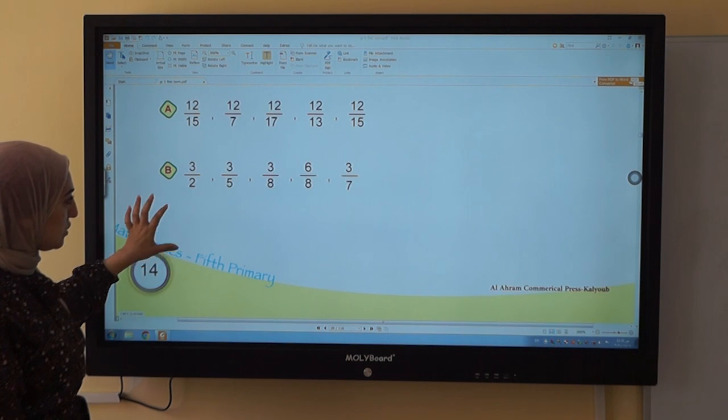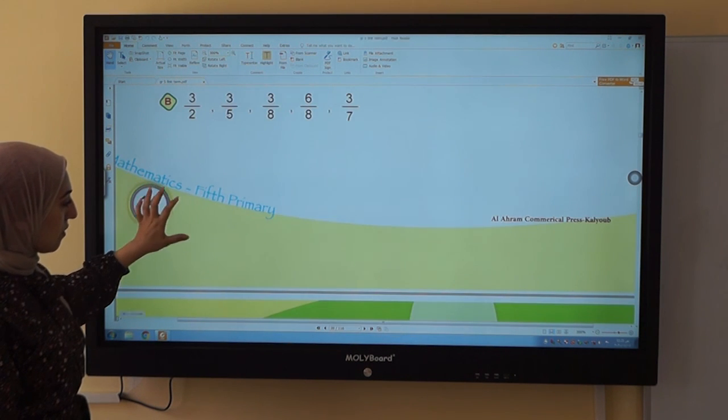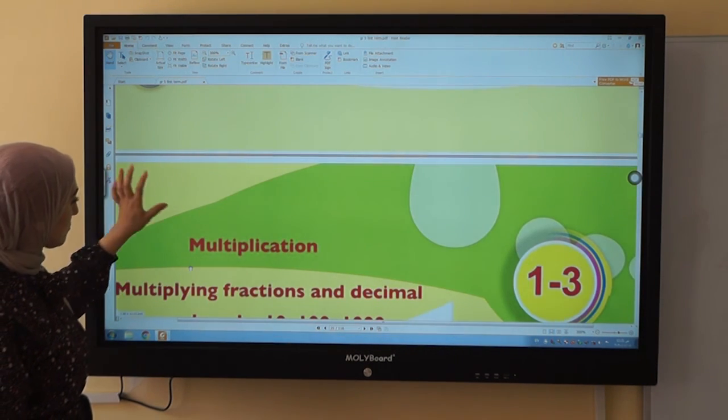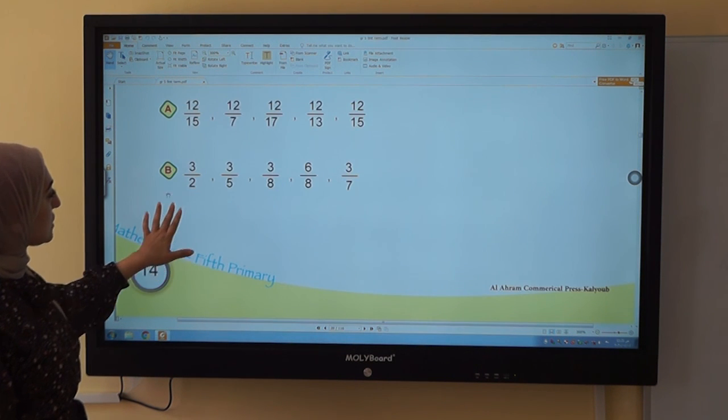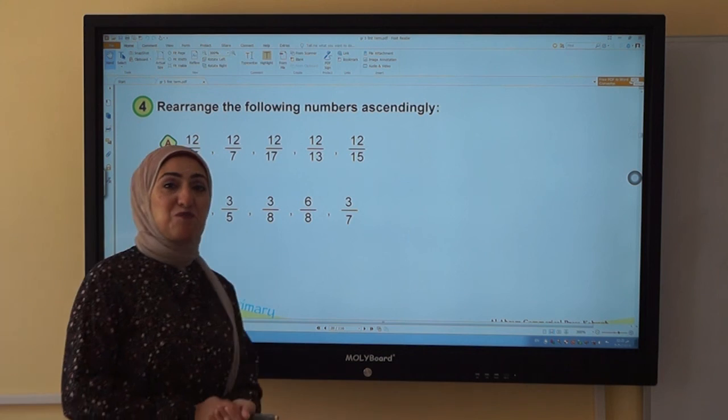The arranging. I think the lesson is very easy. I hope that you